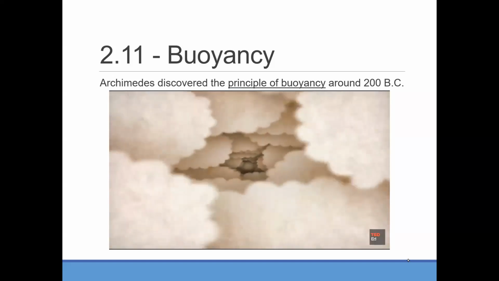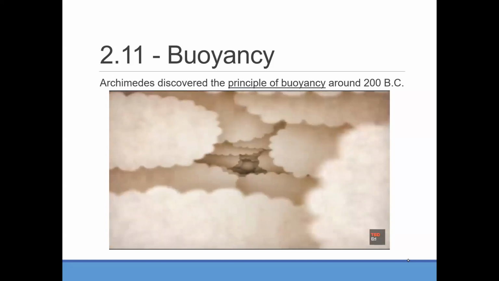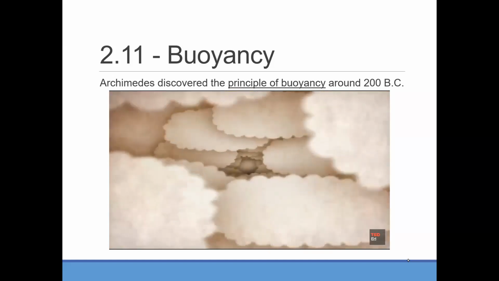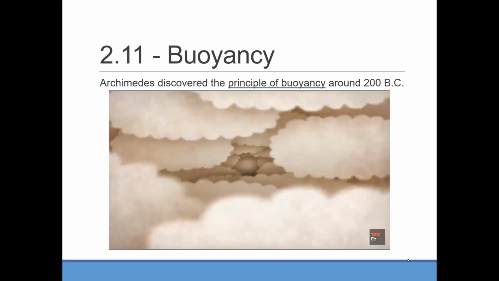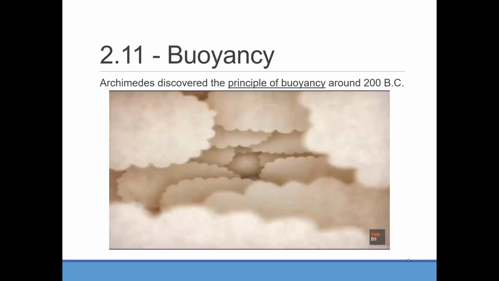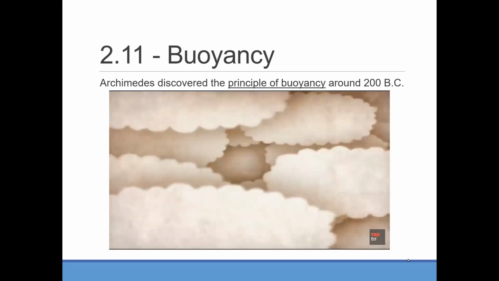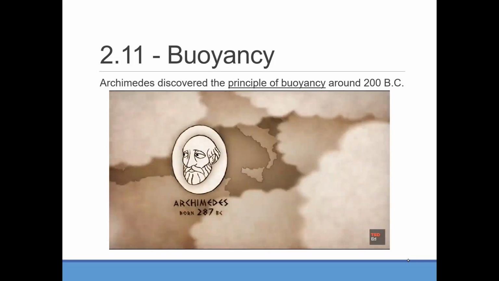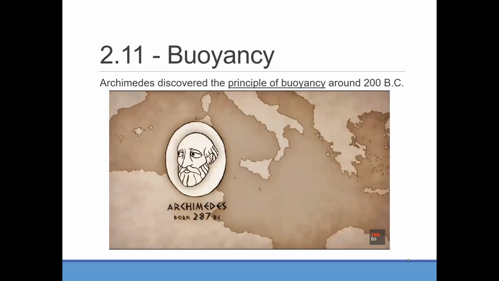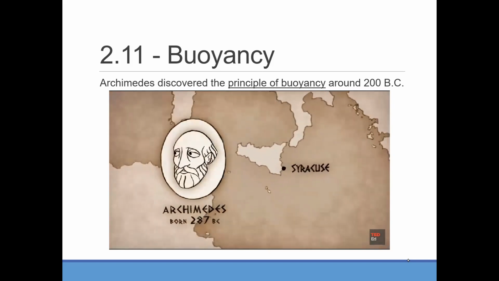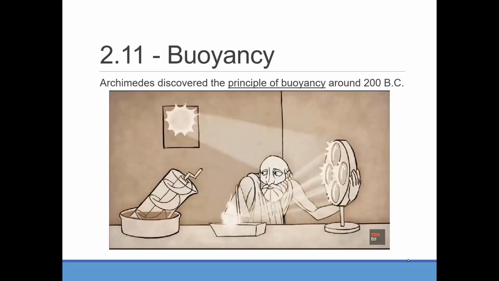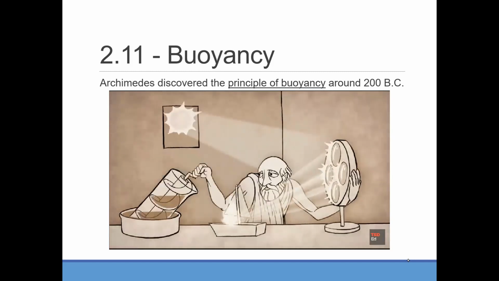Some of the best opportunities to learn are the moments in which we are perplexed, those moments in which we begin to wonder and question. These moments have happened throughout history and led to some truly amazing discoveries. Take this story, for example. There once was a fellow named Archimedes, who was born in 287 BC in the city of Syracuse in Sicily. He was a Greek mathematician, physicist, engineer, inventor, and astronomer.